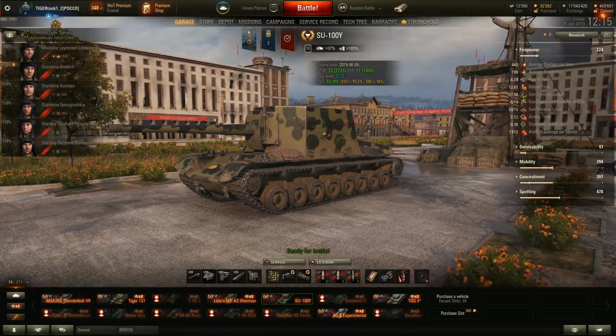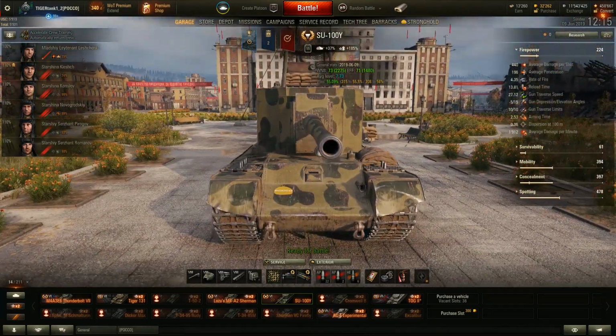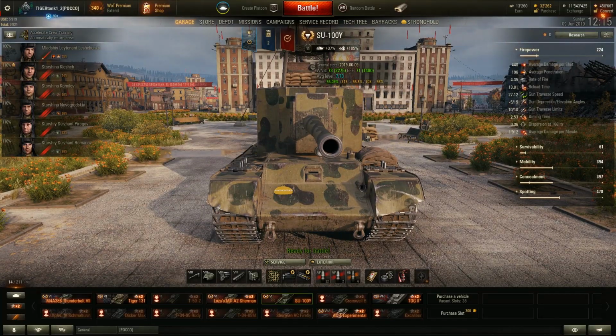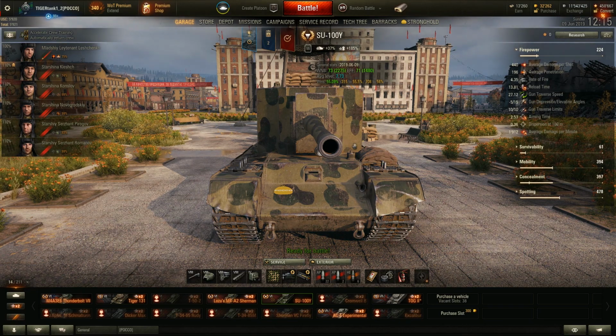Gun traverse limits 10 degrees to the right, 10 degrees to the left. You'll be turning your tank quite often to be able to shoot at other vehicles. The aim time, on the other hand, 2.53 seconds for 130 millimeter is not too bad. The dispersion at 100 meters with 0.36 is actually okay, but do not expect to hit all of those shots